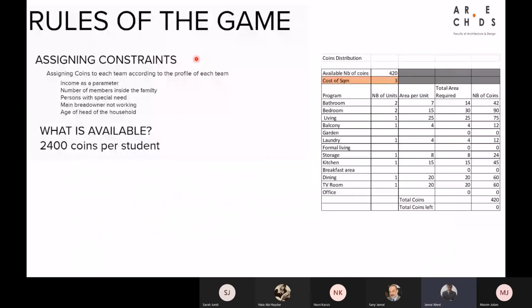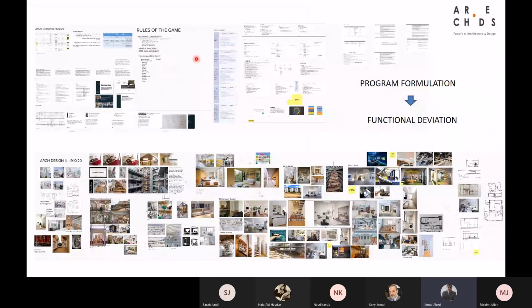Now, with the user need assessment and program, we had to go through them bit by bit and teach them how to formulate the program, how to integrate with the users, the set of questions that they need to raise, the narrative that they have to produce on that. But also we had to teach them how to deviate from the norm, from the cultural inheritance that they are ingrained in. Yani, how to rethink the living room, how to rethink the dining, how to rethink all the necessary